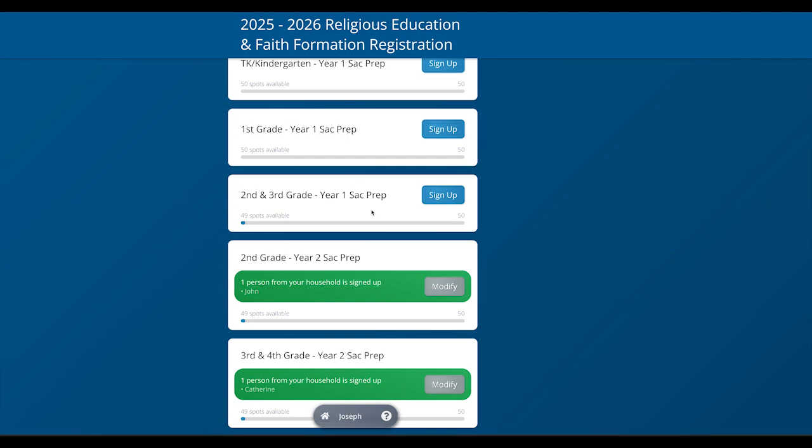So there will be other paperwork that you'll need to fill out for the Archdiocese that we'll give to you when we see you. But this is the best way to get you signed up for Flocknote and the classes, and so you can start receiving emails and texts about all the information you'll need to make this year a great year.